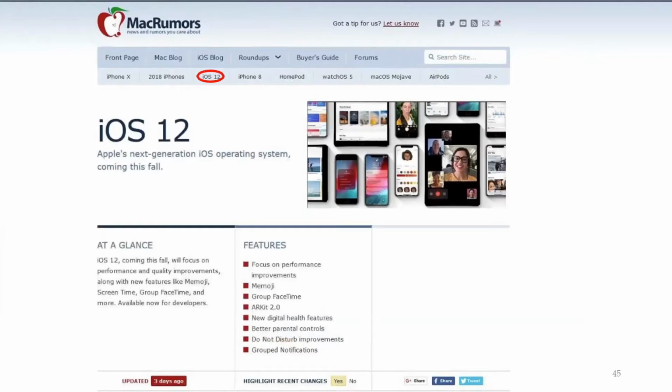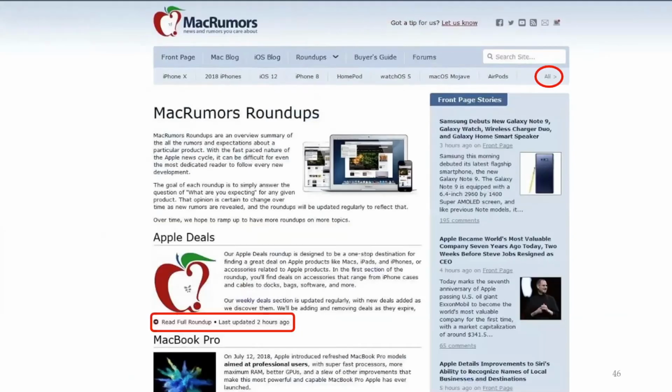Now, up here in the top right-hand corner, right under Search Site, they have a category called All, and if you click on that, then you see a mixture of all of the latest stuff that MacRumors has to say and wants you to understand. So, as you can see again, we have last updated 2 hours ago. If you go up in the corner, this one says 3 hours ago,